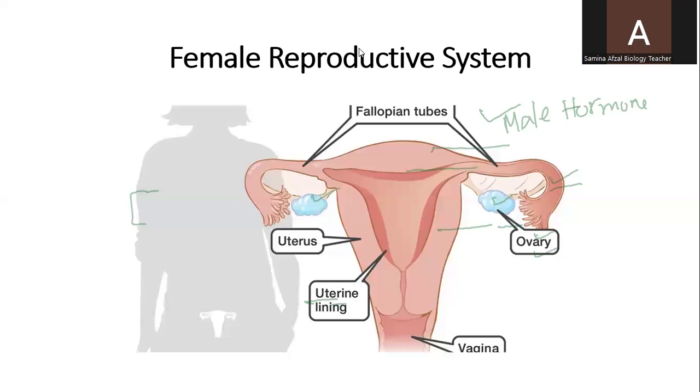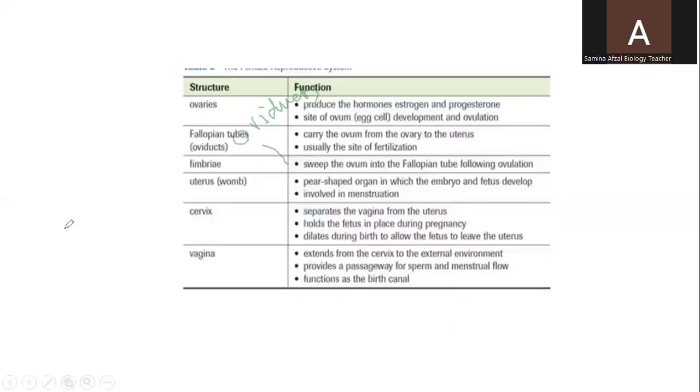Now the female reproductive parts are two ovaries, the right and left ovary, and two fallopian tubes or oviducts, the uterus, which is pear-shaped, the uterine lining or endometrium, and the vagina. Now the parts have their specific functions. The functions of these parts are: